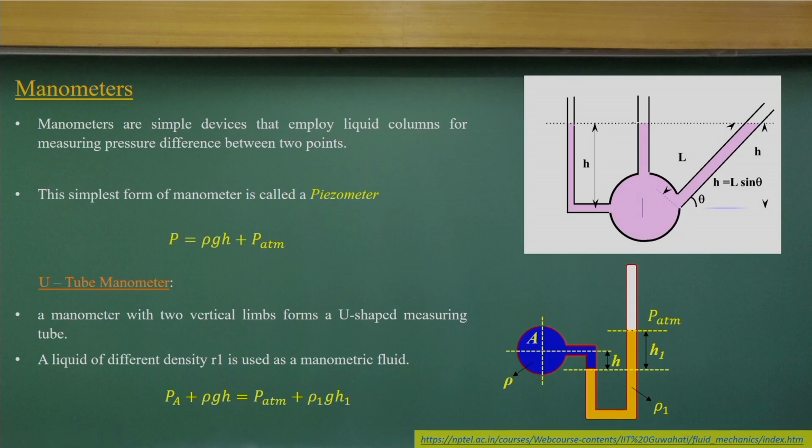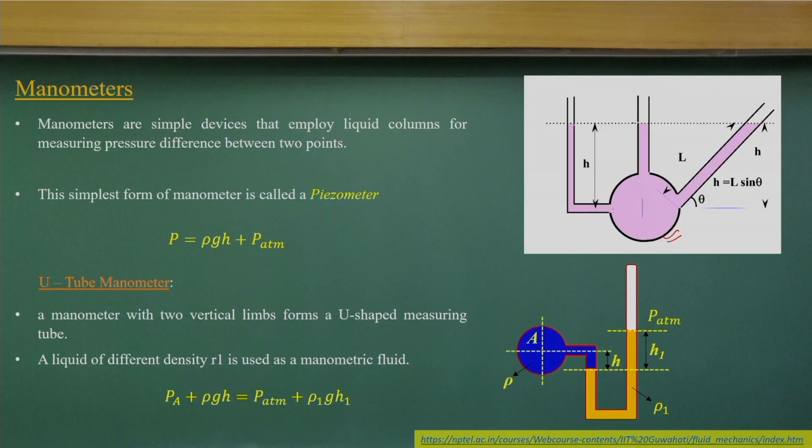Now, let us come to the manometer. It is a very simple device used to measure pressures. Say you have a conduit, a pipe, carrying a liquid, and you want to measure the pressure in it. We can insert tubes, like this, or an inclined tube like this. Each one has merits and disadvantages.